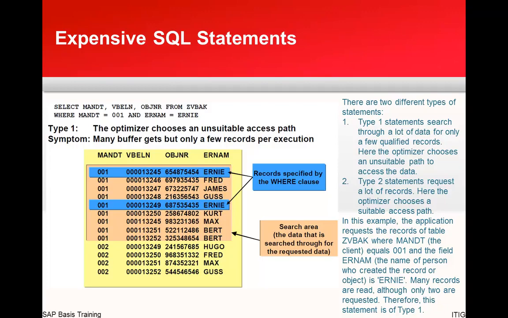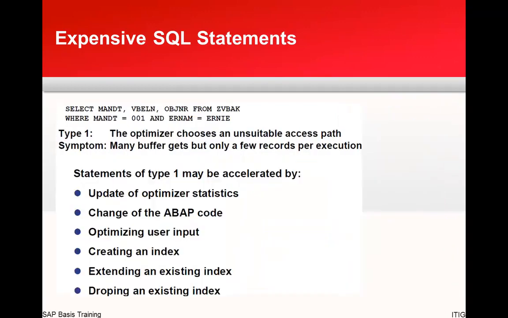So in this example, what we are seeing is the application requests the record of table Z VBAC, where mandate equals 001 and the name of the person who created the record or object. Many records are read, although only 2 are requested. Therefore, the statement is of type 2. Okay, now here we are seeing the optimizer chooses an unsuitable path. In this case, many buffer gets but only a few records per execution. So statement of type 1